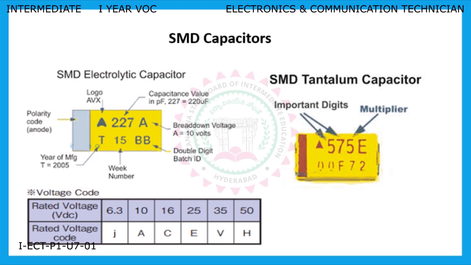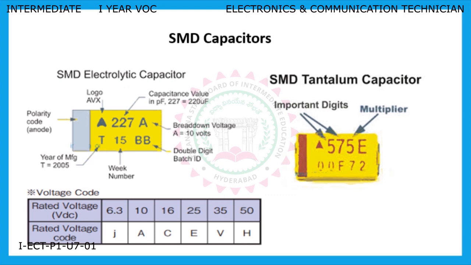First code, it will indicate the logo AVX. After that, it is having 227A. In this 227, it will indicate the capacitance value in picofarad. 227 will indicate 220 microfarads capacitance value. And this code A will indicate the breakdown voltage, A is equal to 10 volts. In the bottom table, you can observe the